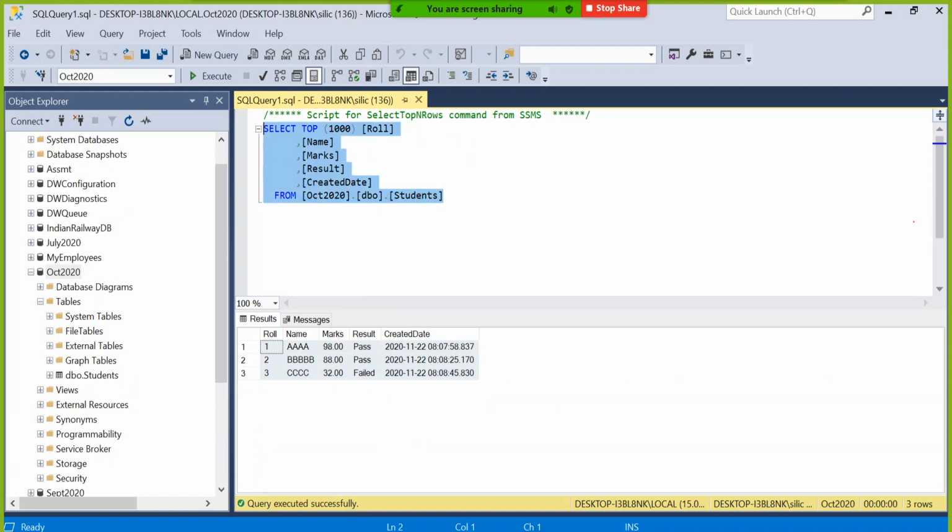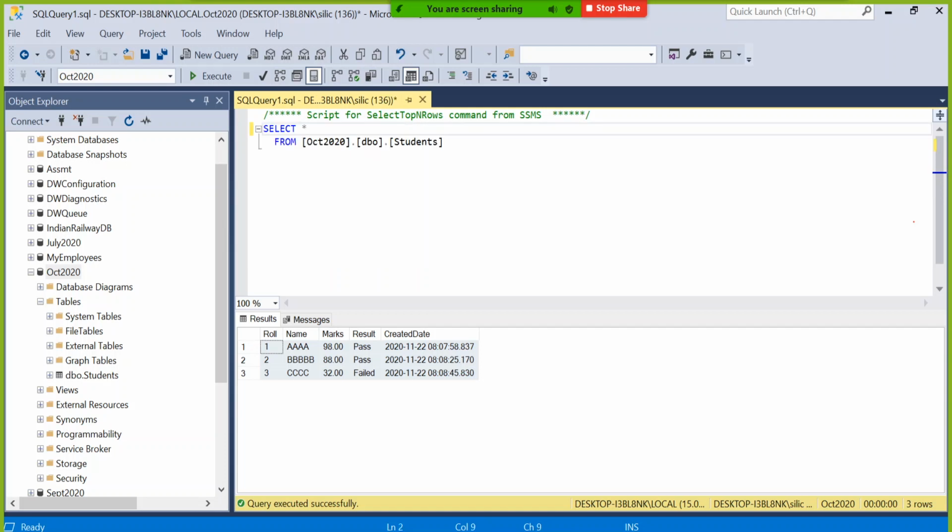Can you see this is a command also? Select star from table name. If I say here select star from table name, it will give me some data. Writing star is not a good practice actually, but for quick understanding, if I simply say select star from students, that's fine. It will give me student data.